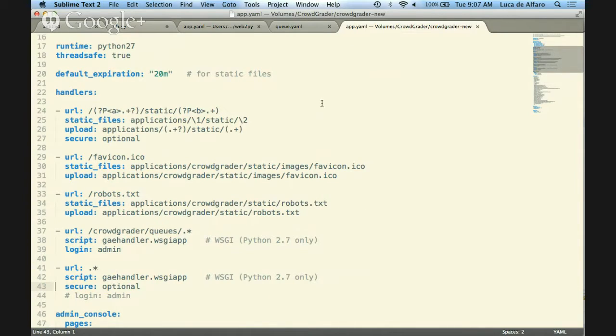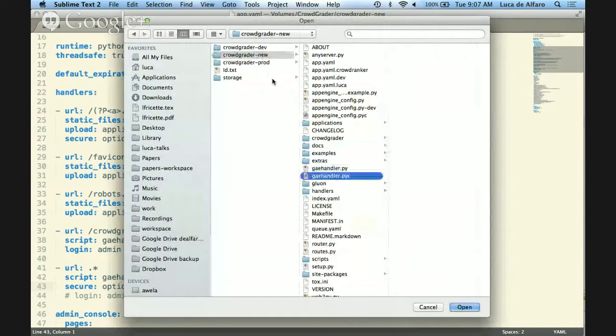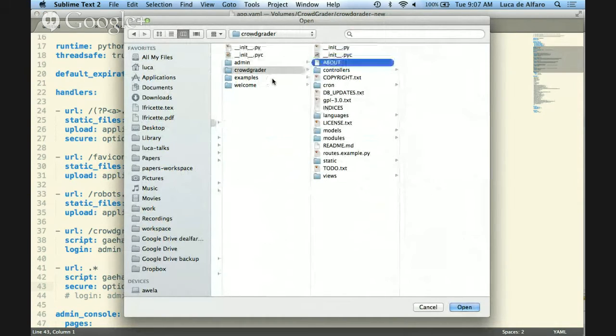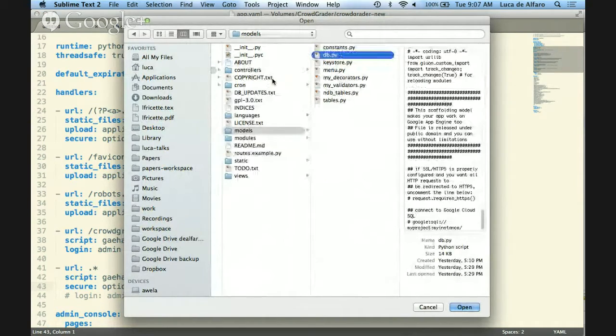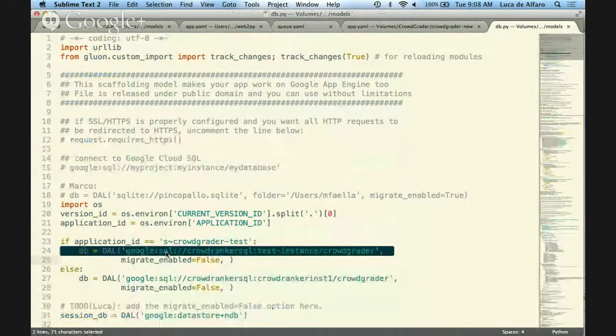Hang on. Sorry, I'm a little bit navigating in this directory system. So this is the line I wanted.